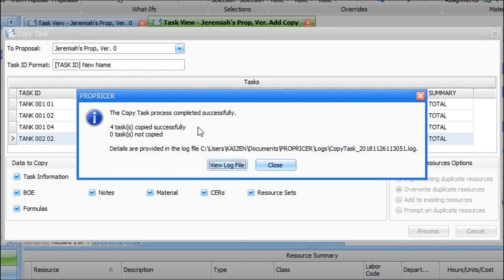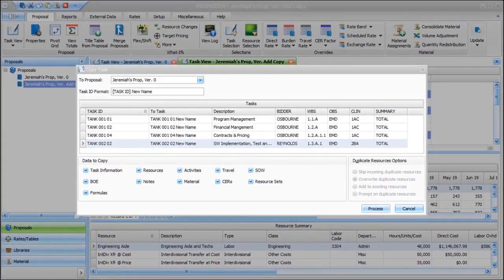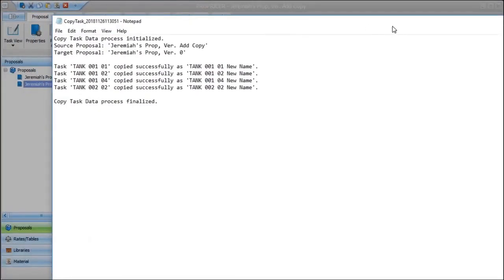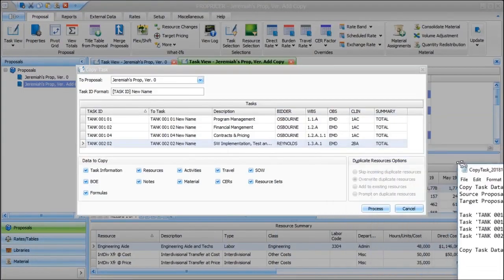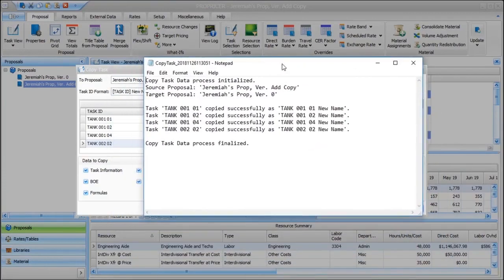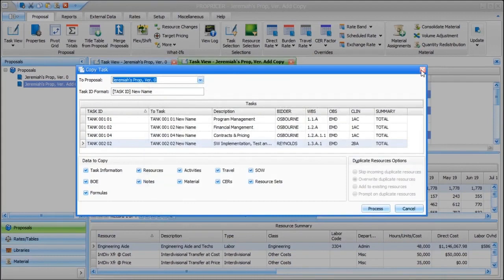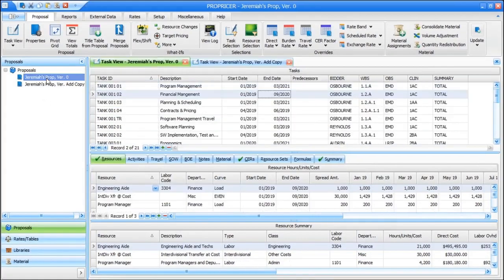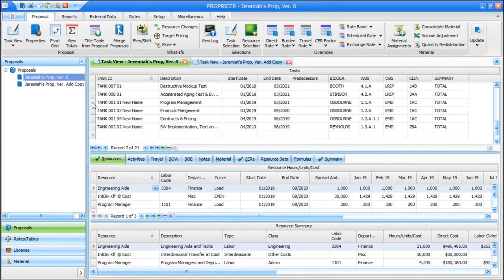ProPricer will always give you this log report. I recommend you check it out. Logs are always useful. Why is this important? Copy Task Data should be your go-to feature for proposal expansions and merging. Having the ability to copy tasks from one proposal to another is extremely time-saving, and who doesn't need more time